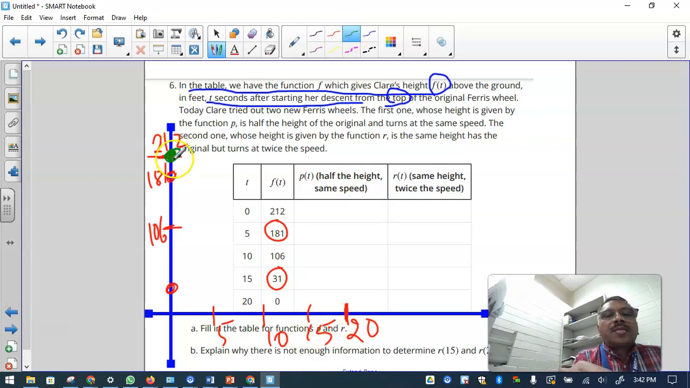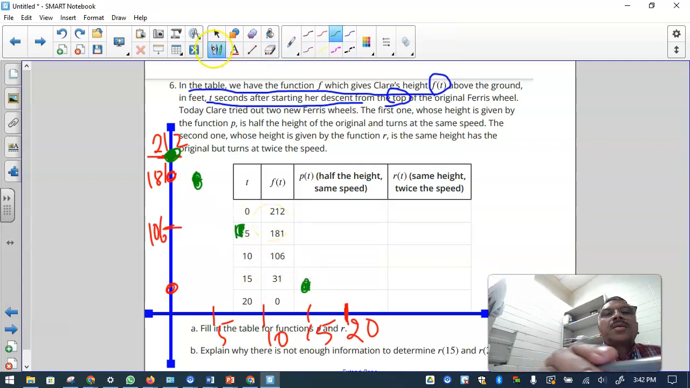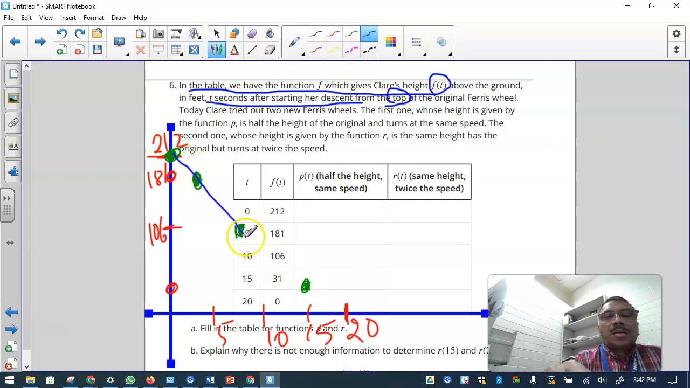So let me graph. In 5 seconds, this is the height, 181. In 10 seconds, half, 15 is 31. So let's check this visual, and you can graph this also. So it's something like this. And at 20, it is back to 0 here. So what's happening is, all you do is, the one that is given